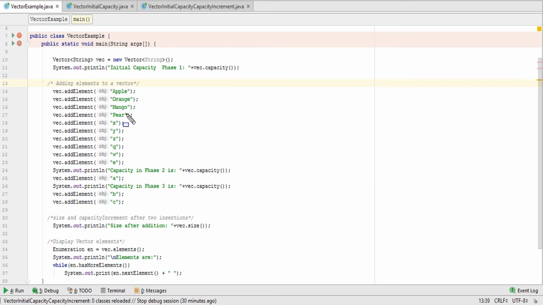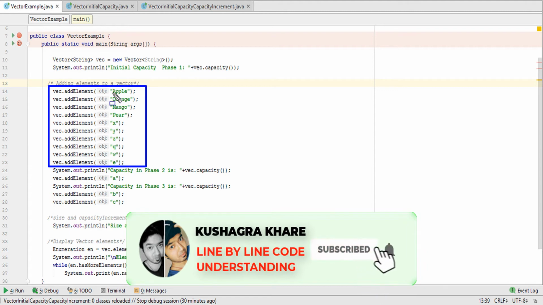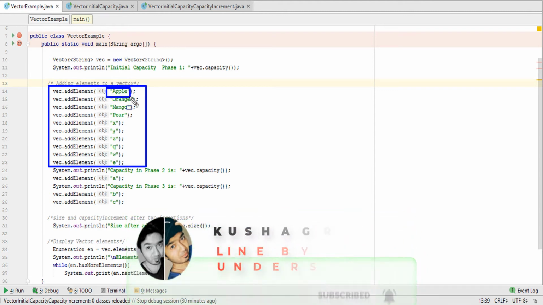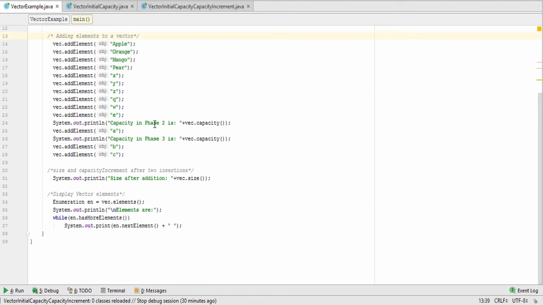Next, this is how we insert values into the vector: vec.addElement and the value. This type is String, so I am inserting string values. Then this is the line we use to print the capacity of the vector.